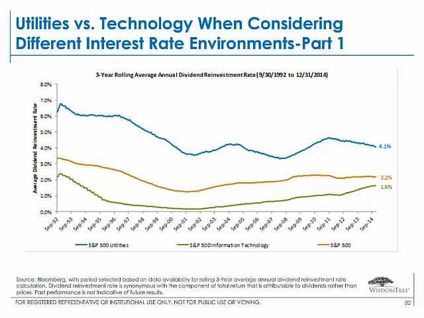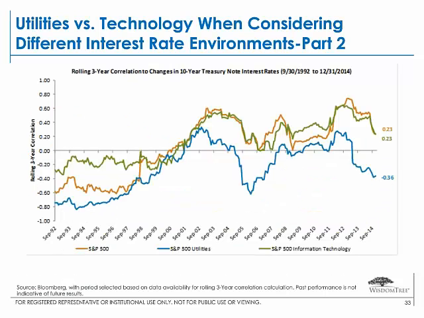The connection to be made is in terms of correlation, namely the rolling 3-year correlation of the performance of those exact sectors that we just showed to changes in the 10-year Treasury note interest rate. And again, it fits with our intuition, namely that in a falling interest rate environment, utilities have been shown to perform better. That's been true especially recently, and it connotes the negative correlation that you see in blue, namely that as 10-year Treasury interest rates go down, utilities go up.